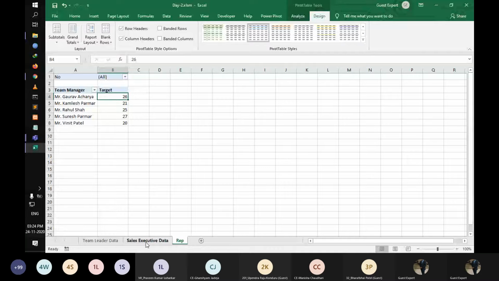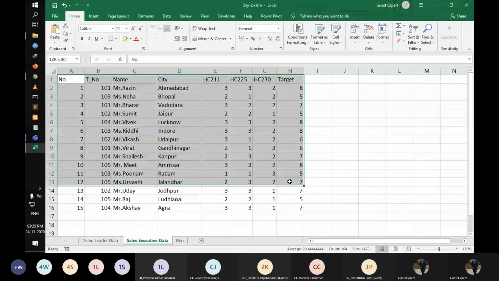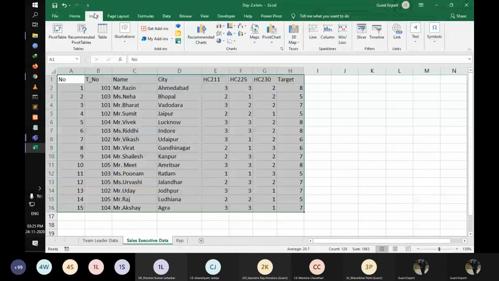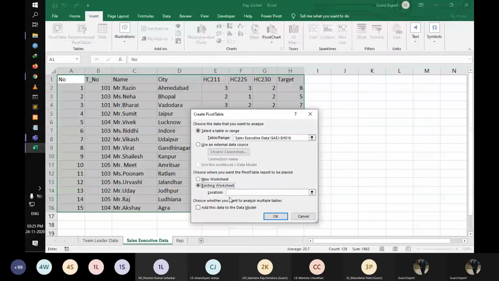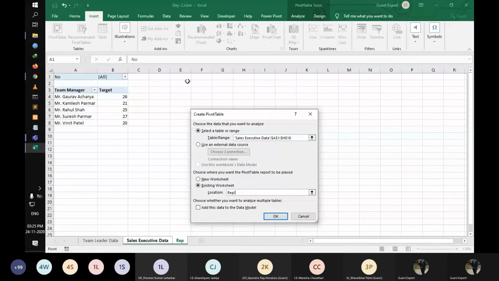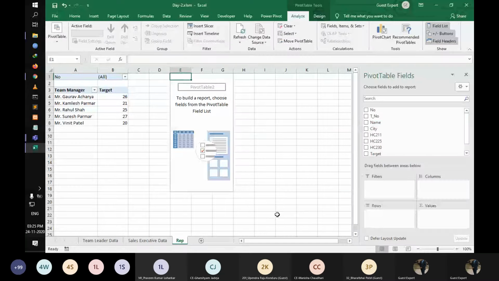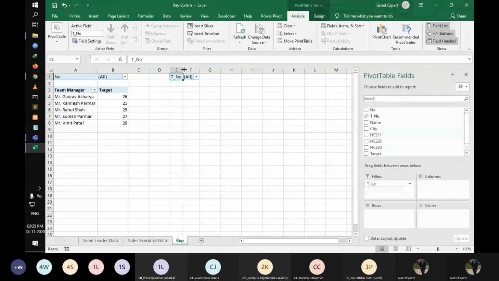Then sales executives. I'm selecting all the sales executives, insert, pivot table, existing worksheet, location. I'm also going to report. I'm selecting the even cell. Okay. I also make the team leader a filter.